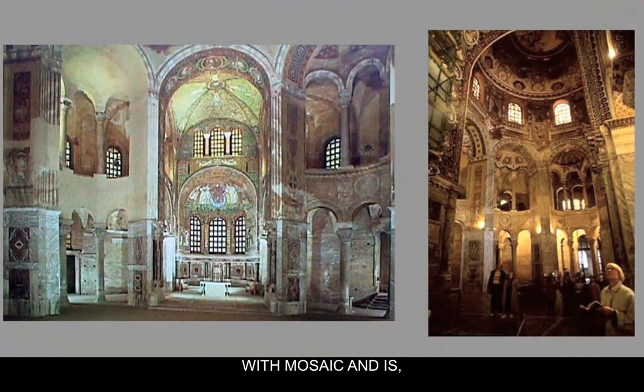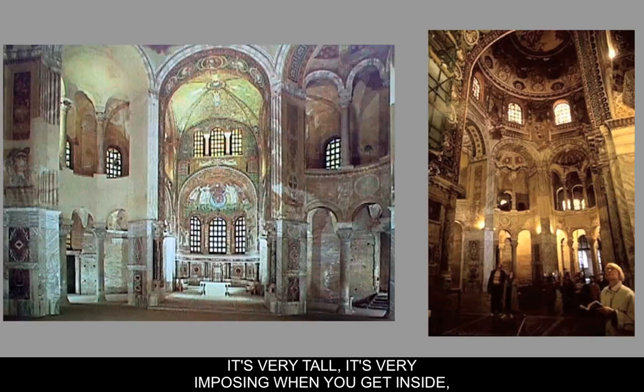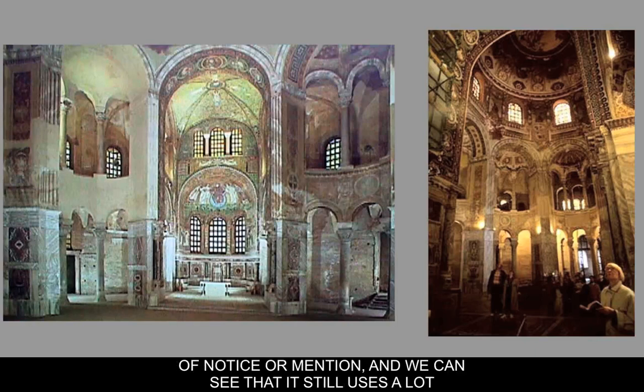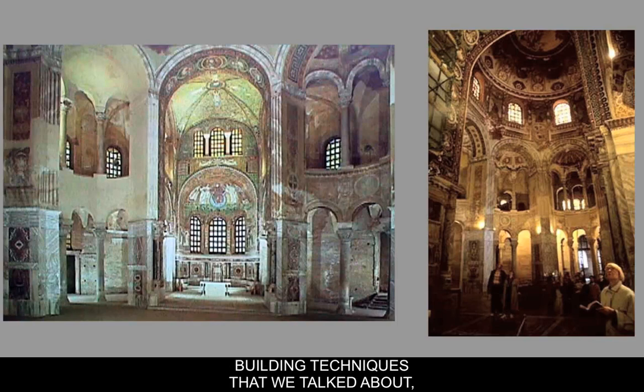The interior of the building is completely decorated with mosaic and it's very tall, it's very imposing when you get inside, and so you can see why it would be a building that is worthy of notice or mention. And we can see that it still uses a lot of the traditional Roman building techniques that we talked about, where we have these arches, we have a lot of cement being used, we have in some places cross groin vaults, but I think that the most significant part of it is actually the mosaics that are on the interior of it,